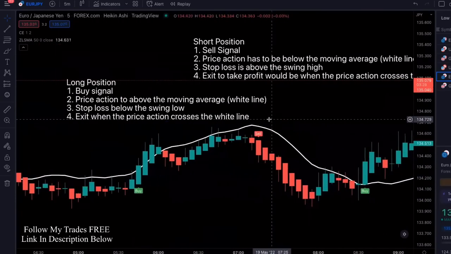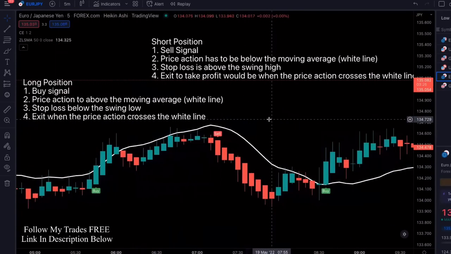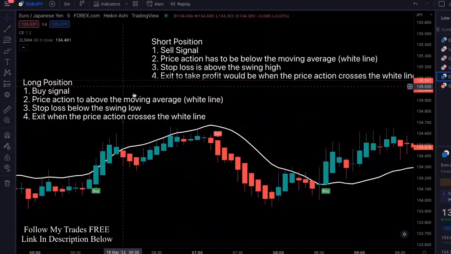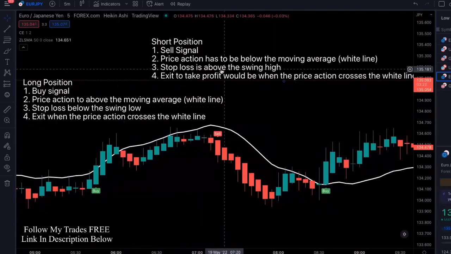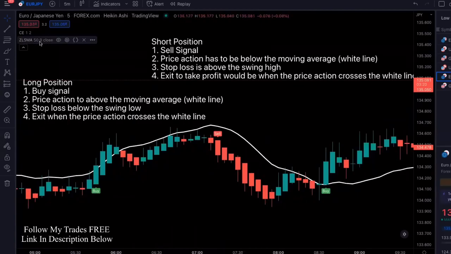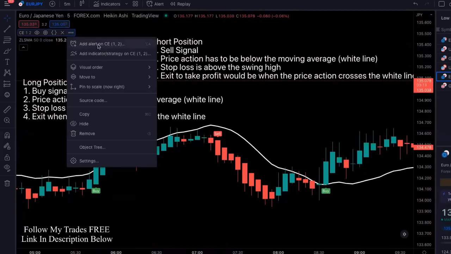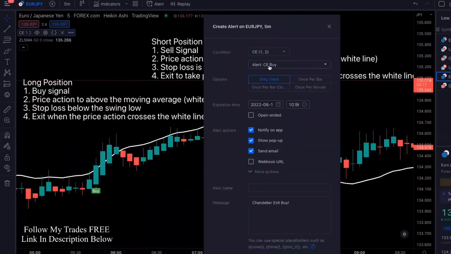Let me show you guys how you can set up your trade alerts. To set up your buy and sell signals where you get alerted from the chart, you're going to go into the settings for the CE, click on these three dots right here, and click add alert on CE. Over here, you're going to do buy, once per bar close. So once a bar closes, that's when you're going to get notified. It says Chandelier Exit buy. Once you create that,